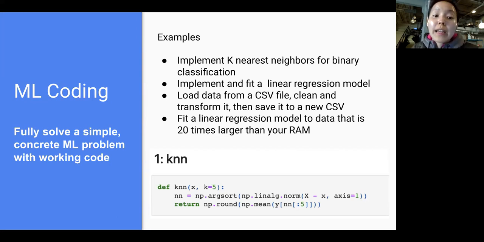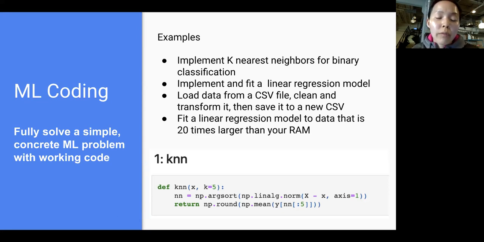Another one is: load data from a CSV file, clean and transform it, then save it to a new CSV. The next one is: fit a linear regression model to data that is 20 times larger than your RAM. All these questions were previously asked by companies to hire their ML engineers.